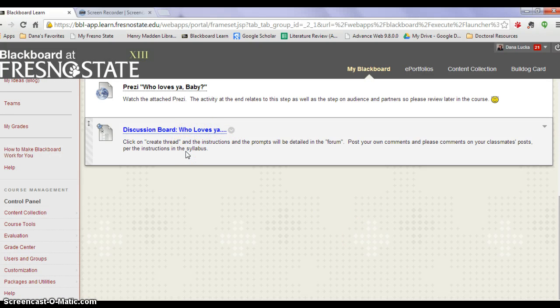Note here that there are instructions. I've noticed personally that not everything leads you to the correct link, and it doesn't always show up in the right spot. So to make it easier on you so that you can find it, each of the discussion boards has a threaded discussion that will show up in the right place, but sometimes the link isn't incredibly clear. So when you go to the discussion board and you click it on, just showing you here,